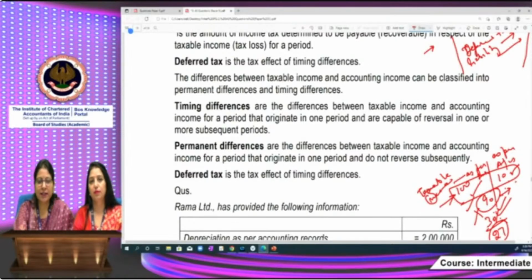You will show current tax, the tax which you are required to pay. Also, you will show the deferred tax, meaning the tax effect of timing differences. In the balance sheet also, you will have to show a deferred tax liability or deferred tax asset, and they will be shown separately from the current assets and current liabilities in the balance sheet, with specific disclosure that they are deferred tax asset or liability. So now coming to this question, this is a very simple question